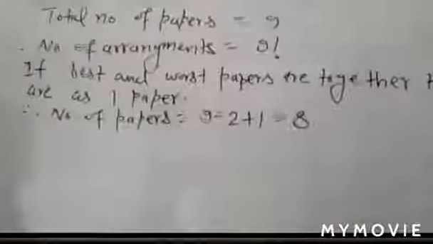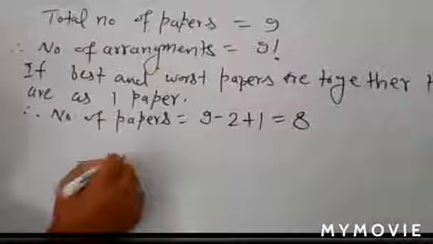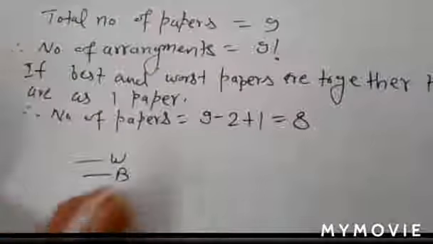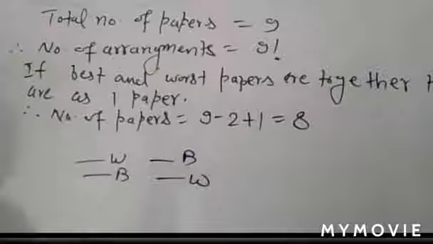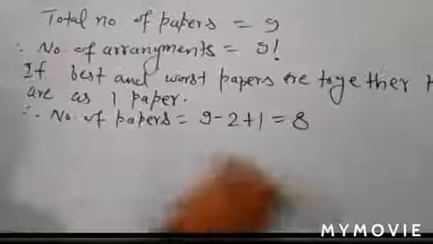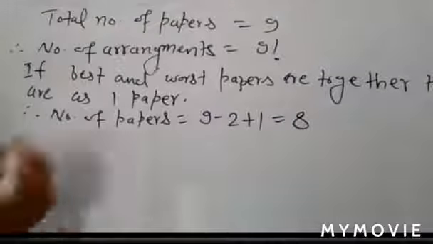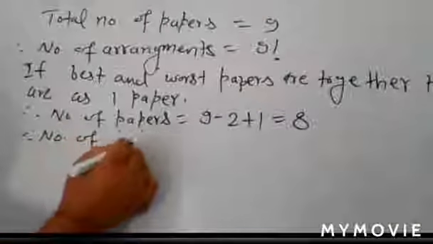Here you have worst paper, here you have best paper. Here you have best paper, here you have worst paper. So they can arrange themselves by 2 ways, meaning factorial 2 ways, and the value of factorial 2 is 2. So here you have 8 papers, and number of arrangement